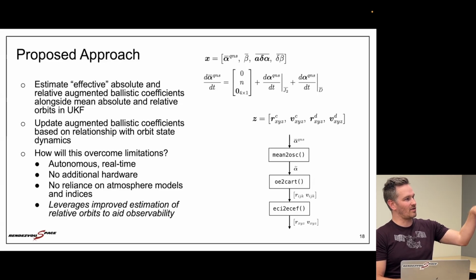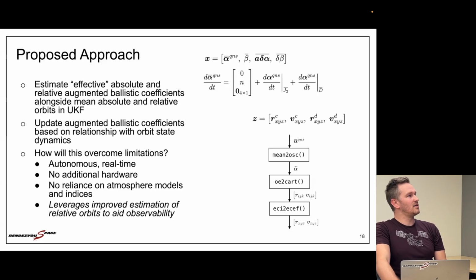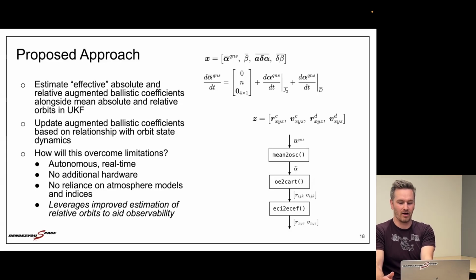I'm not going to go into great detail about the filter. I've talked about this before, and we're really short on time. So essentially, the key thing here is that we're estimating absolute and relative orbits alongside absolute and relative effective augmented ballistic coefficients. What I mean by effective is